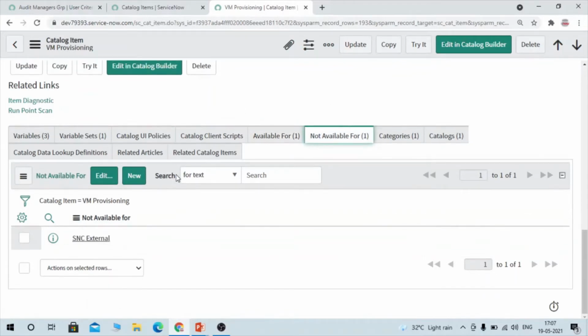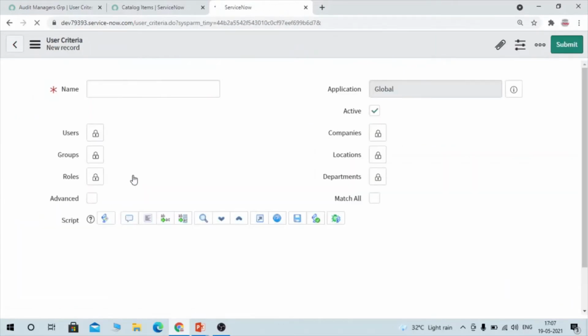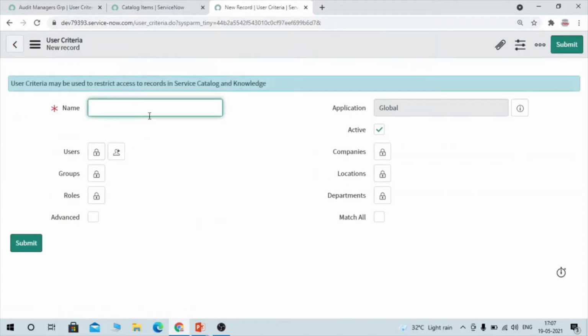Similarly, if you want to not show this catalog item to some group of people or some department, whatever is required, you can do it. So we are creating user criteria from the catalog item itself. If you want to restrict this catalog item for whoever has